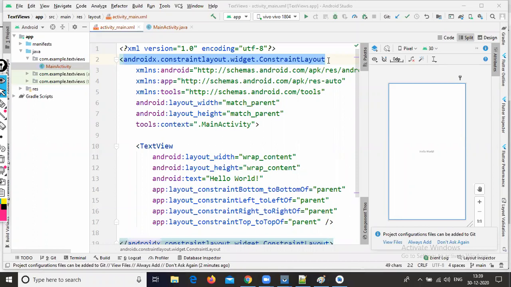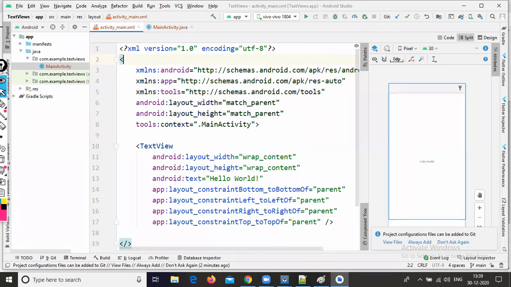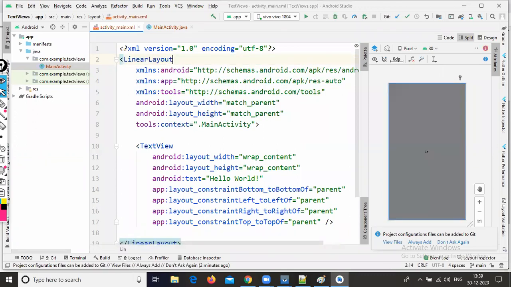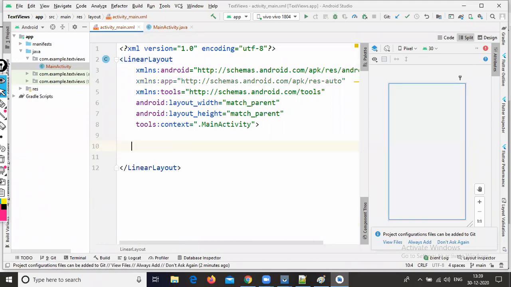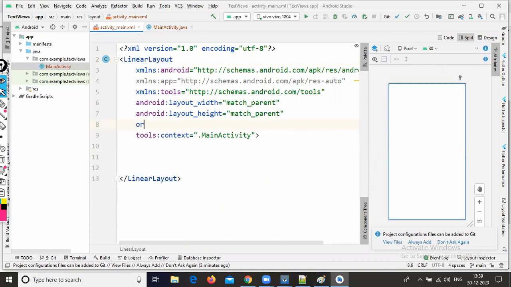So I'm changing this constraint layout to linear layout. Remove this text view, because I don't want to use this predefined text view. I want to create a user defined text view. Change the constraint layout to linear layout, then apply the orientation as vertical.